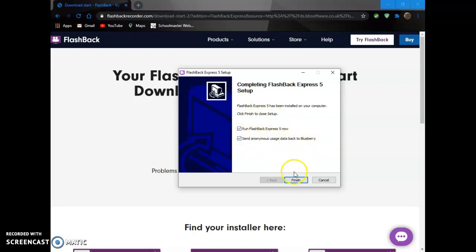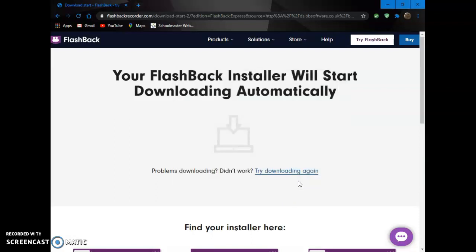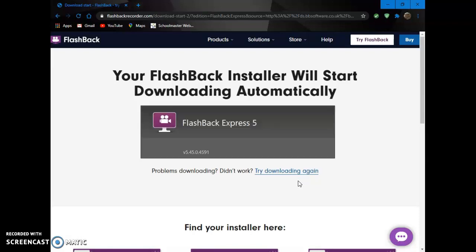want to send anonymous usage data. I don't really care, so I'll say yes. And then you click Finish, and your Flashback Express